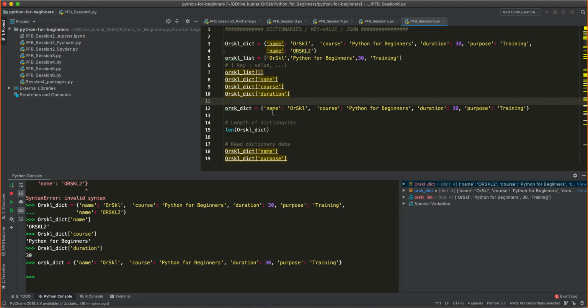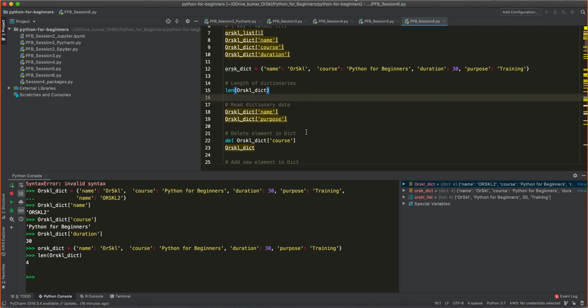But here, wherever this element might be, whether it is at the beginning of the dict, at the end, or in the center, it doesn't matter, because this key is always unique and you can access that element from anywhere inside the dictionary. Okay. Now, the next one is very similar to list. You also have length to get the size of the dictionary.